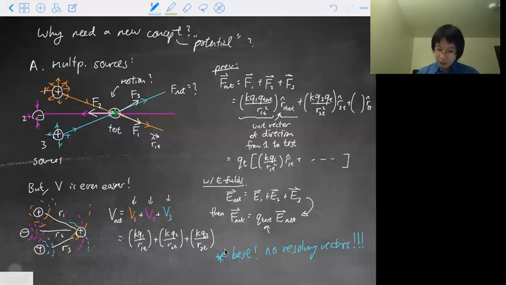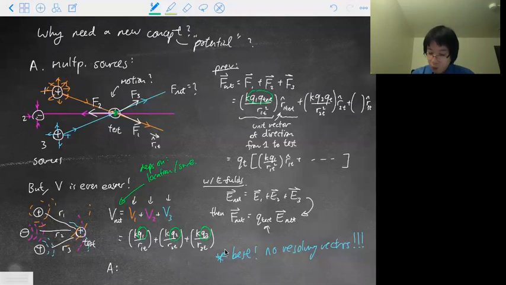So how does that move? Just how does that affect the test charge? The answer, we'll see, is that after you find out the potential everywhere, the potential is a feature of location. So it's just like the field, right? It depends on the location and the source. Oh, one more thing: because it's a scalar, this time you don't plug in the magnitude of Q1, Q2, Q3. In here, you plug in the magnitude, because this part is the magnitude, this part is the direction, right? You can see that. So here, you always plug in actually the